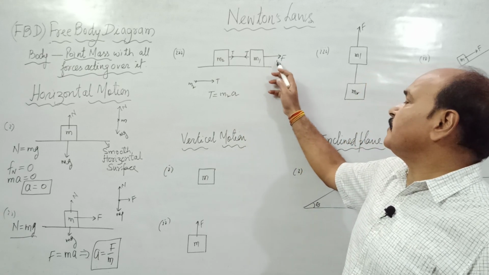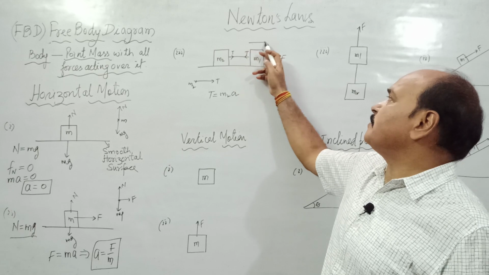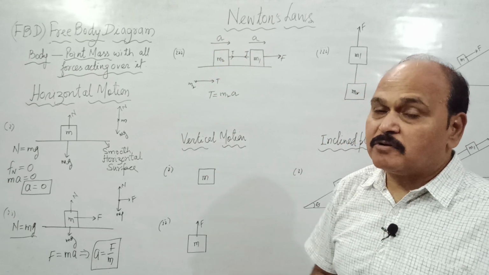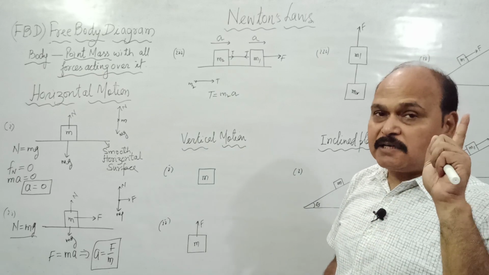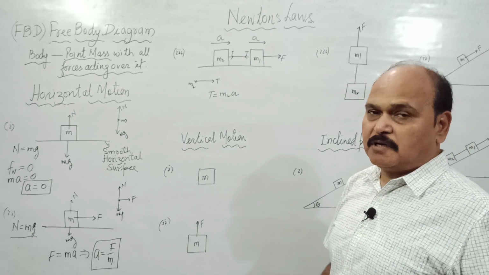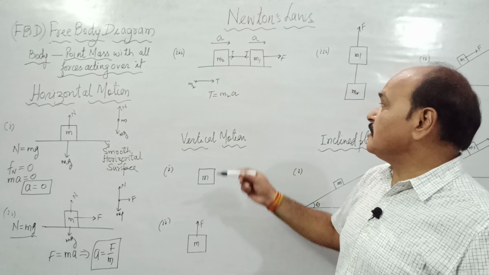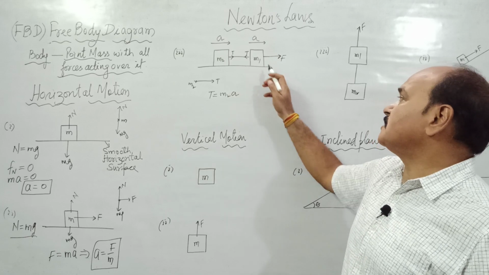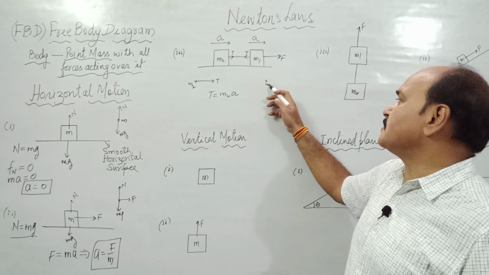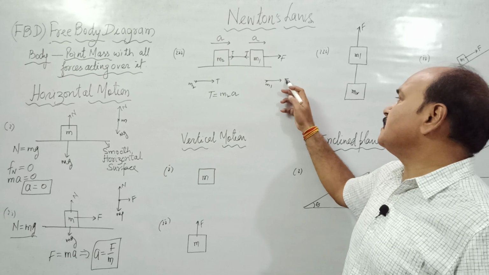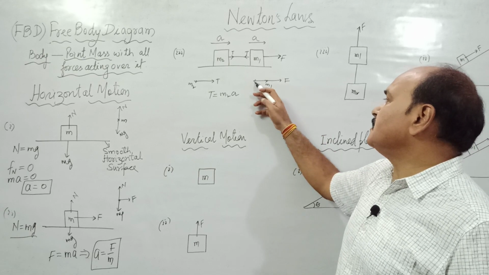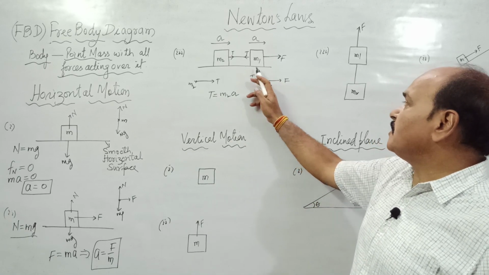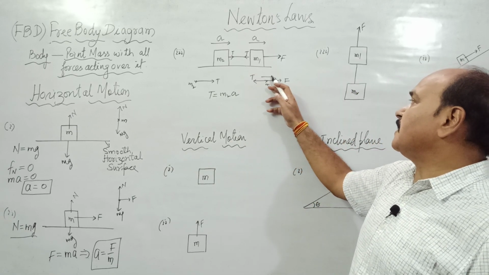If we apply force F here, both the bodies are going to move with the same acceleration. Why are they going to move with the same acceleration? It is simply because the string they are connected with is inextensible, and tension in the string here is the only force acting over this mass. And over this mass m1, there are two forces. One is force F towards right, another is force T towards left. And in spite of these two forces, the body is moving towards right, with the acceleration A.